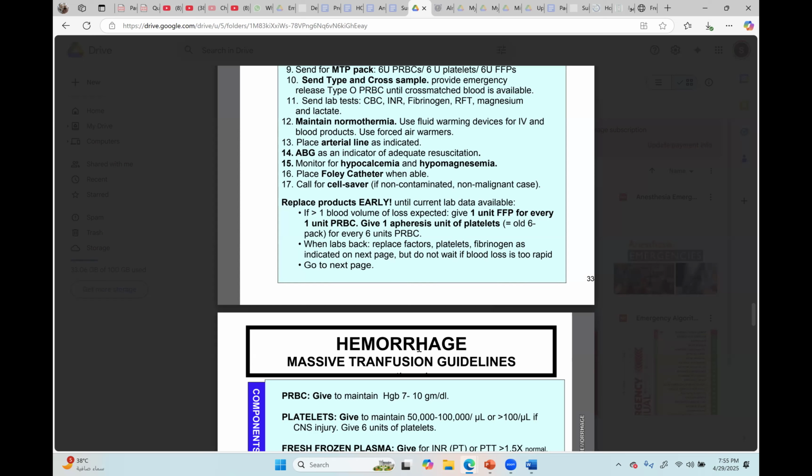So whenever you are transfusing blood, make sure you have the patient file or patient ID band. Or if it is an electronic system, in our hospital there is a system called Bridge, so they scan the barcode, and then all the information comes into the system automatically, and then they transfuse the blood. So that is how